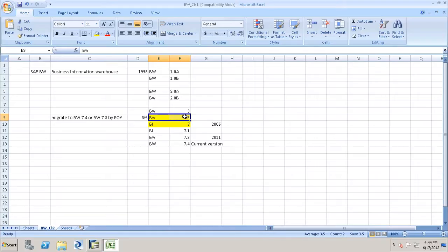Okay, so I hope you are clear about the different versions available in the market. The SAP BW system was introduced in the year 1998, and the version they started with was 1.0A, and the current version available in the market is BW 7.4. In between they came up with different versions. The highlighted versions are very important for us: BW 3.5 and BI 7.0. As part of our discussion, we are going to cover the highlighted versions, and also the latest version,